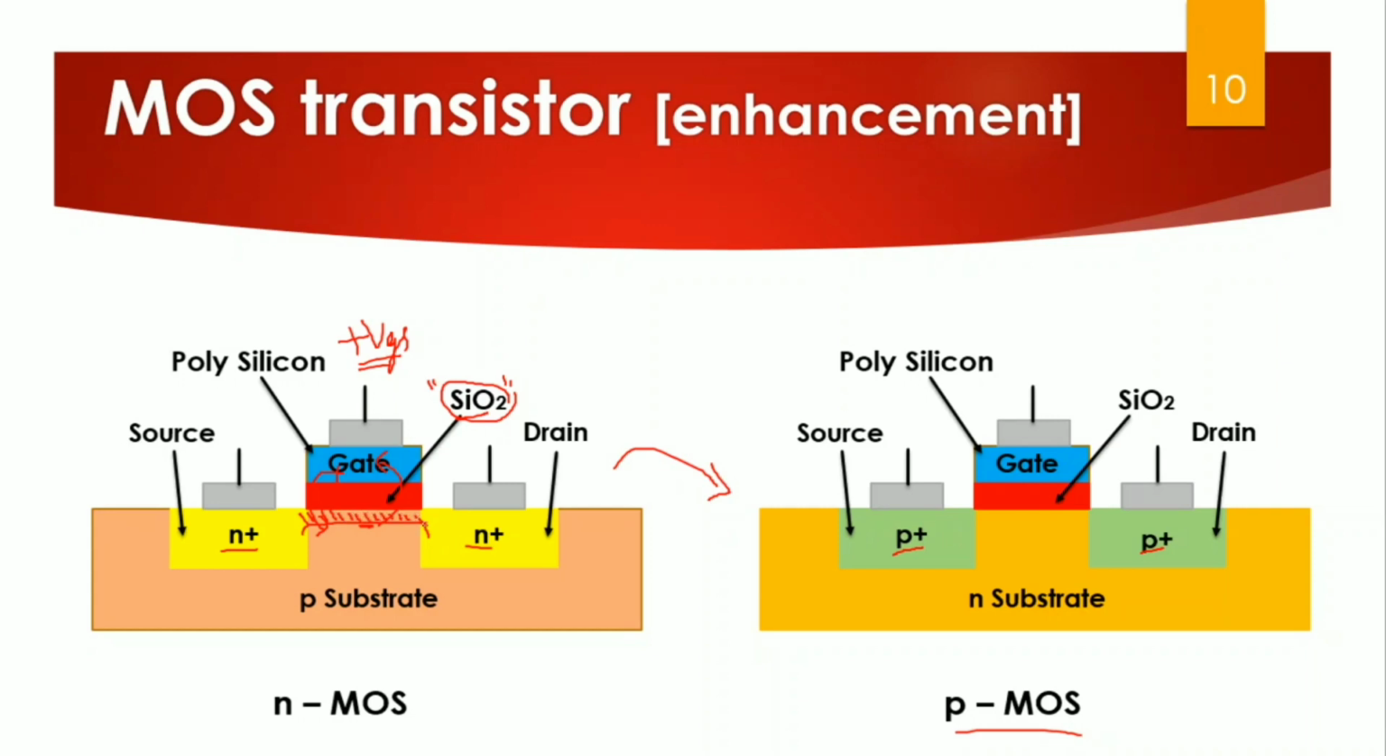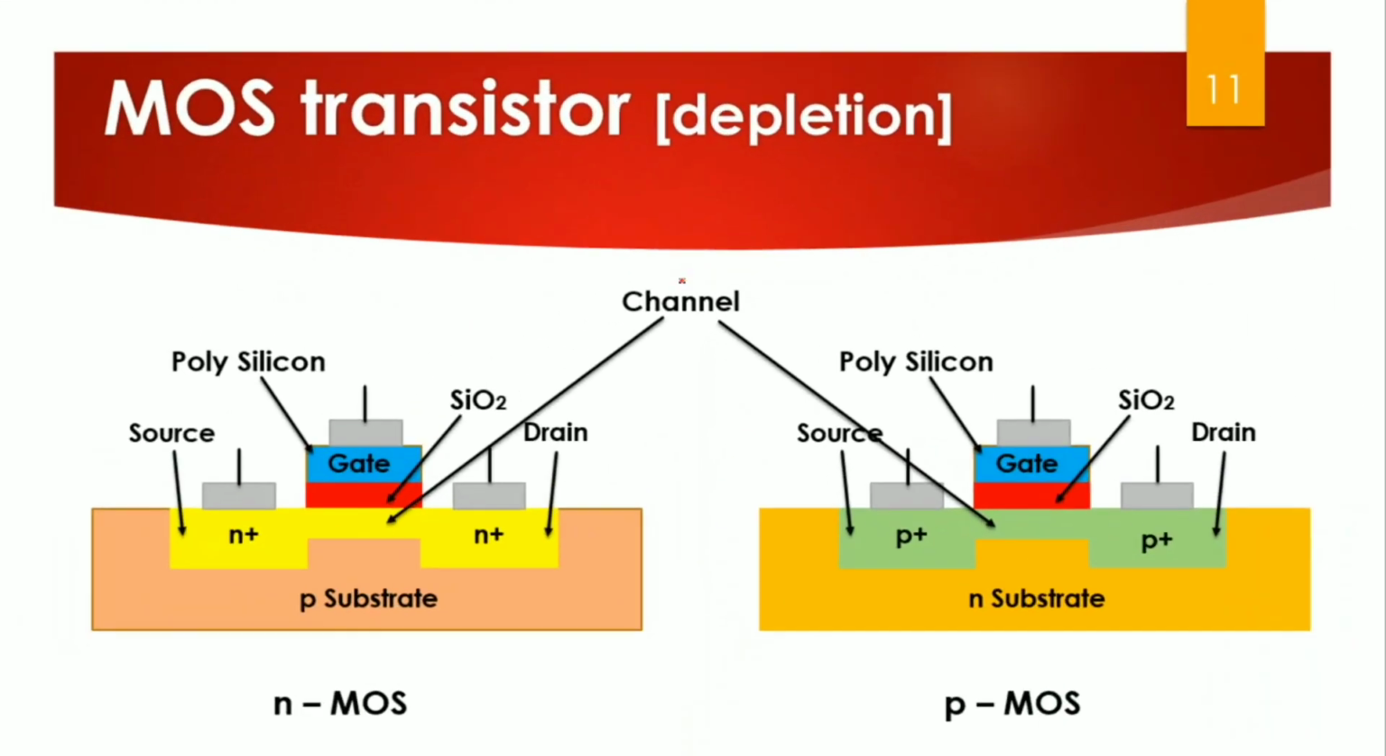It makes the channel formation here, and hence you can have the current IDS. So that is the reason it is called enhancement mode transistor. The next one is depletion mode transistor. The major difference between enhancement mode and depletion mode is that you have already the channel formed in depletion mode